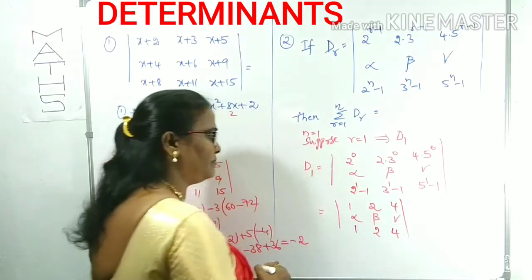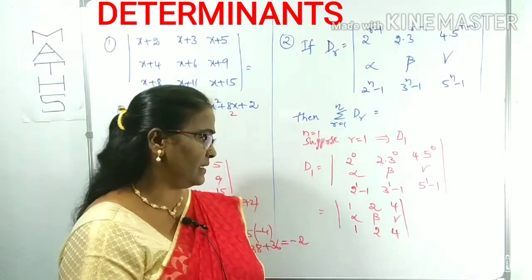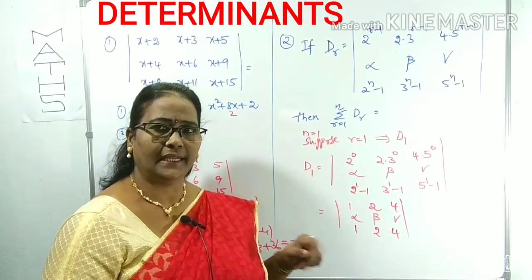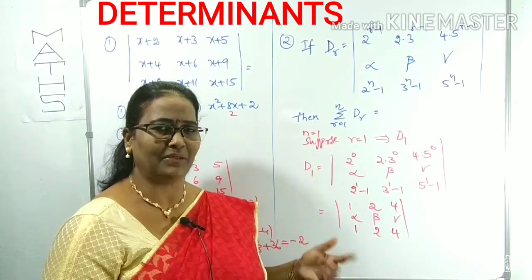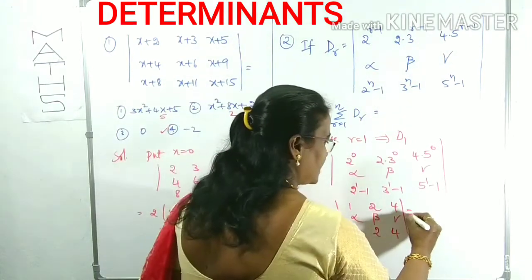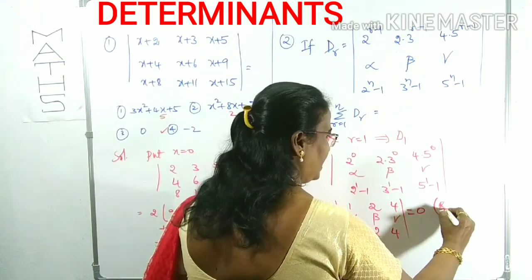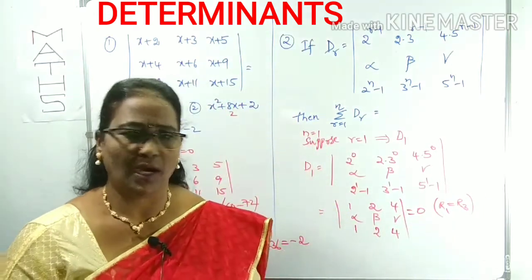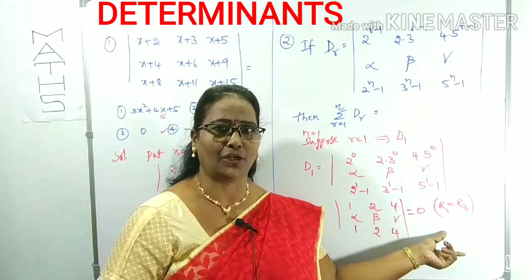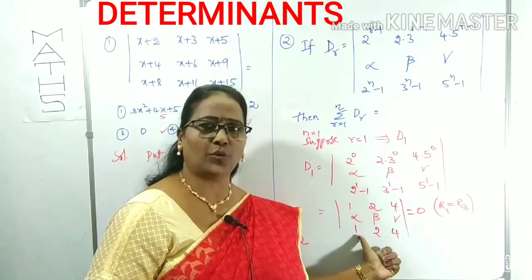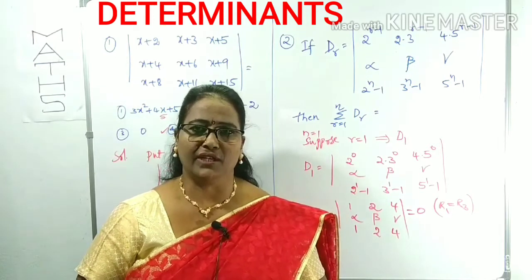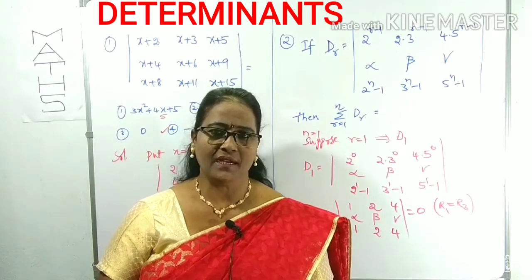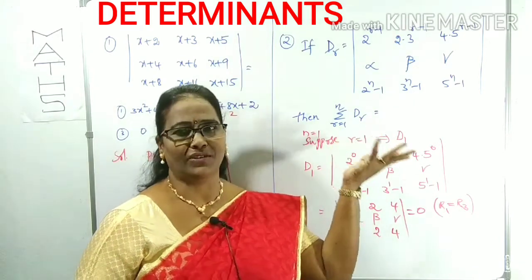What can you observe from this? First row and the last row are equal. If two rows or columns are identical, identical means same, immediately the resultant value of that is 0. Why is it 0? Simply R1 is equal to R3. R indicates row. R1 means first row, R3 is third row. These two are equal, that's why the determinant value, the resultant value, is 0. Simple way, we can assume n is equal to 1, it becomes R equal to 1. Only one determinant value is enough.